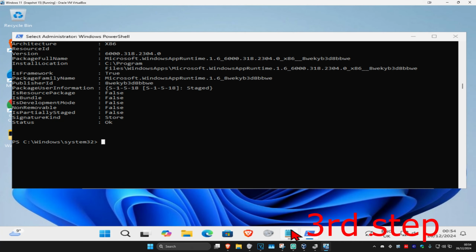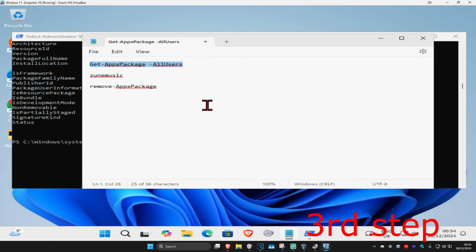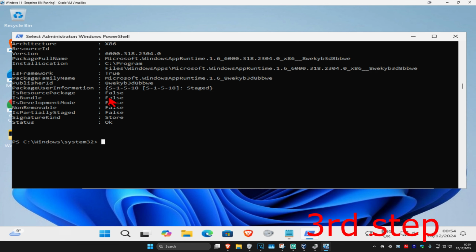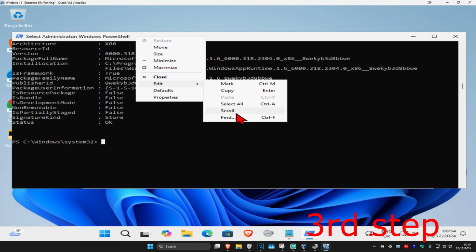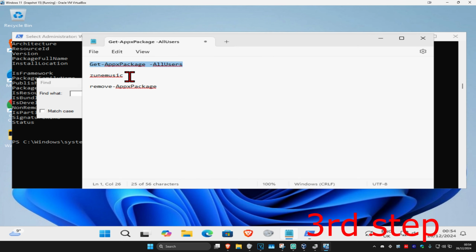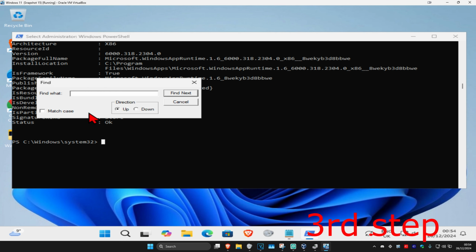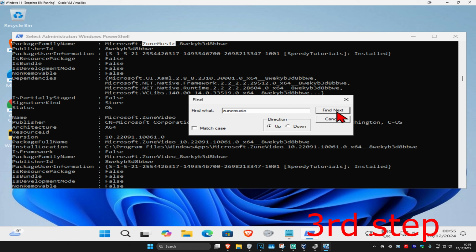And then once that's been done, for the second one, don't copy and paste it. Instead, we're going to come to Windows PowerShell. You're going to right click on the white tab on the top, and then click on Edit, and then click on Find. You're going to type in where it says right here, zunemusic. We're going to type in zunemusic. Make sure that you have the direction on up, and then click on Find Next, and then click on Find Next again,